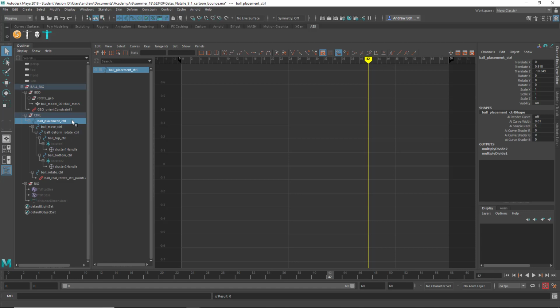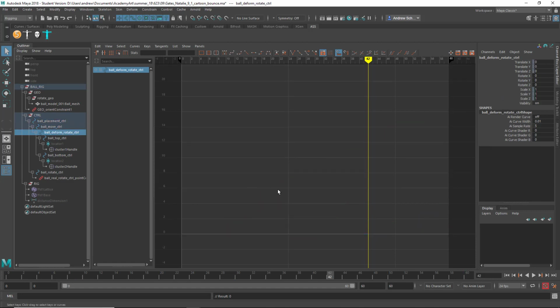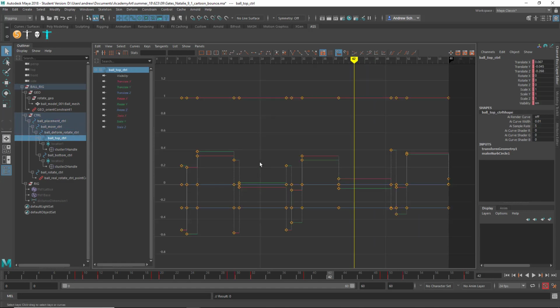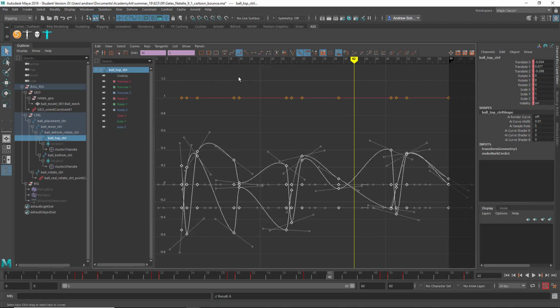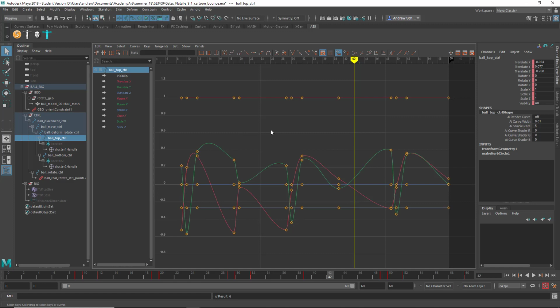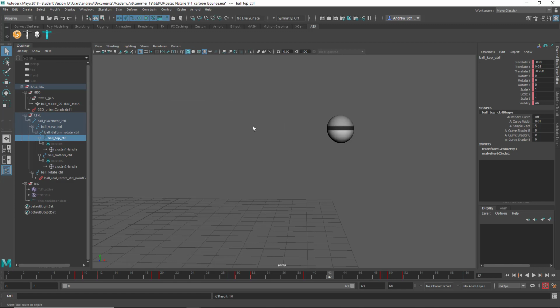Alright, let's just do these one at a time. Nothing on there. Oh, this is all stepped. Why is this stepped? Let's try clamped, I guess. What is that? Or is this auto? Let's try that. Alright, there's some weirdness in there, but